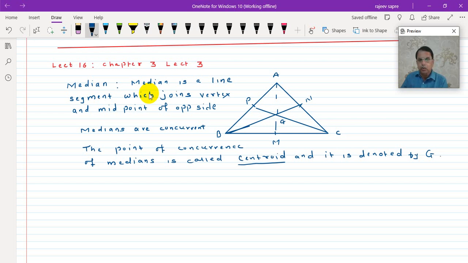Okay, so you can do one activity. तुम्ही एक ट्रायंगल काढा, त्याचे मेडियन्स काढा, ते कुठे त्यांचा जो पॉईंट ऑफ कॉन्करन्स आहे तो काढा. आता याच डायग्रामच्या बाबतीत तुम्ही समजा असा एक ट्रायंगल घेतला, त्याचं मेडियन्स काढली, तर हा जो सेंट्रॉइड आहे त्याचं या व्हर्टेक्सपासूनचं डिस्टन्स AG आणि GM, किंवा इकडे सुद्धा CG आणि मग GP, हे डिस्टन्सेस तुम्ही पट्टीने मोजा, BG आणि GN. तर what you will find is, प्रॉपर्टी आहे ती सेंट्रॉइडची. काय सेंट्रॉइडची प्रॉपर्टी आहे की सेंट्रॉइड